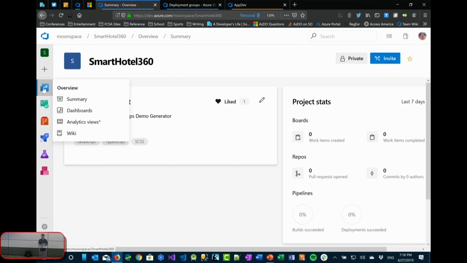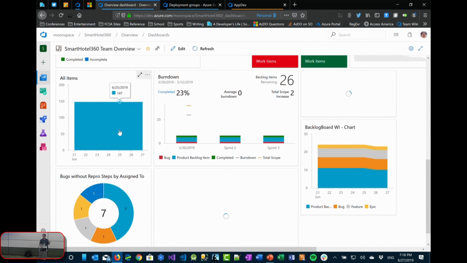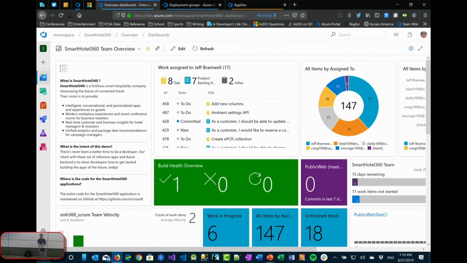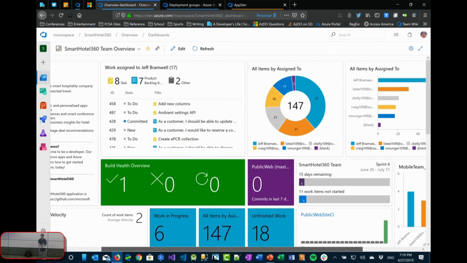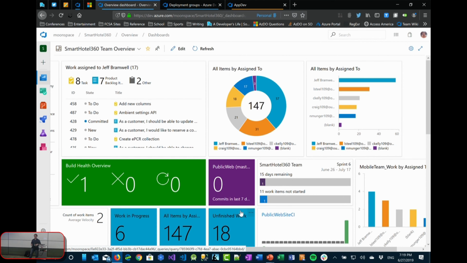So it's not an overly exciting page, to be honest. But you can also create dashboards, and I'm actually going to zoom back out on this one. So this dashboard obviously is demoware, because I'm not sure anybody would create a dashboard quite this busy, or at least hopefully not, right? But it does give you a general idea of the kinds of things that you can put on the dashboard, and you can create multiple dashboards. So maybe you have one geared toward a particular project, or one geared toward a development team, or maybe one's just builds, or one's releases, whatever you can dream up essentially.